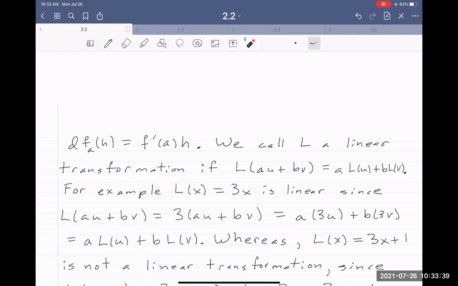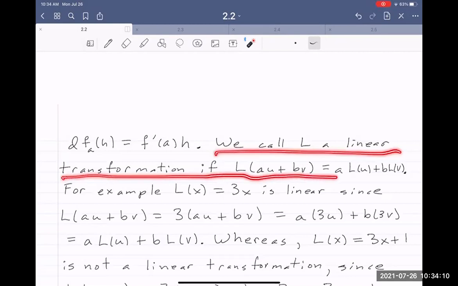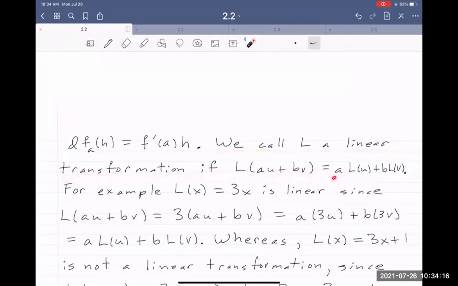Why? For historical reasons. There's no good reason other than the fact that historically, people have called them transformations, or sometimes linear maps. So sometimes they call it a map. But again, they're just functions. It's a fancy terminology for the word function. So we call L a linear transformation if L of aU plus bV is equal to a L(U) plus b L(V)